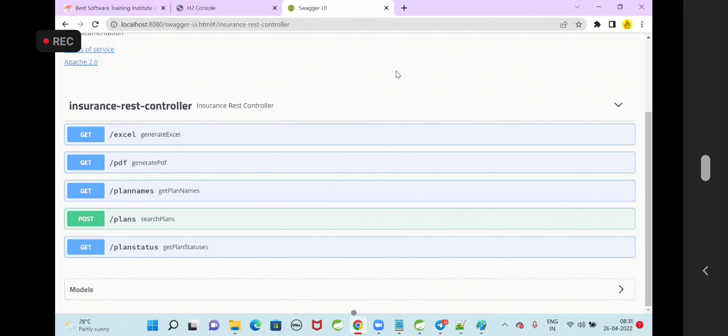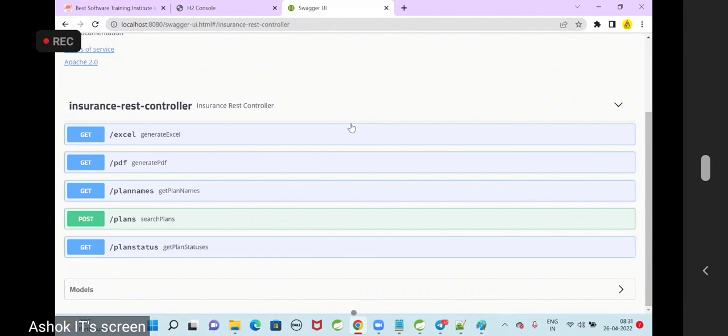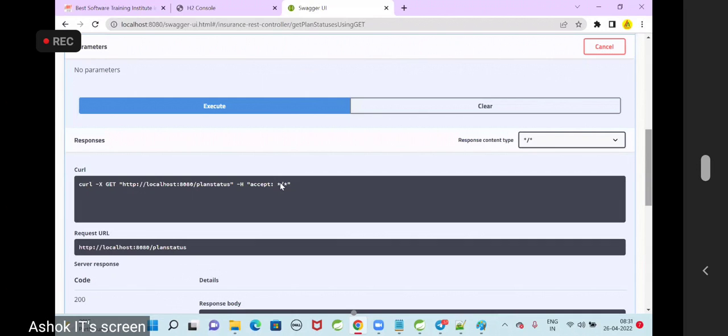First check the plan names, plan statuses, try it out, execute. How many statuses are we getting? Approved status we are getting, denied status we are getting, terminated status we are getting. What are the unique statuses available? Approved, denied,